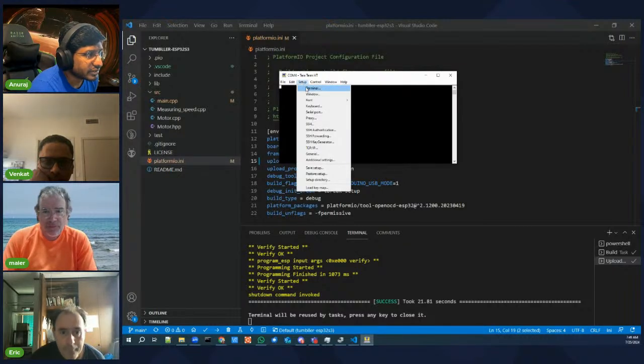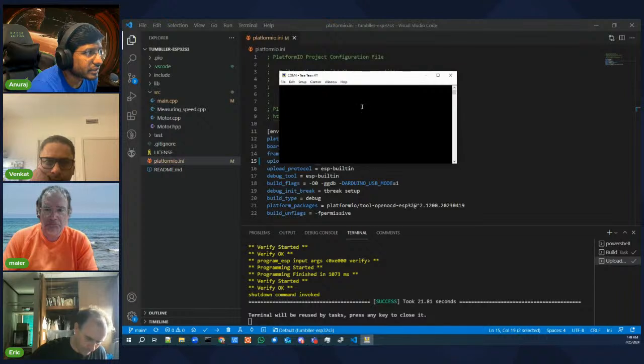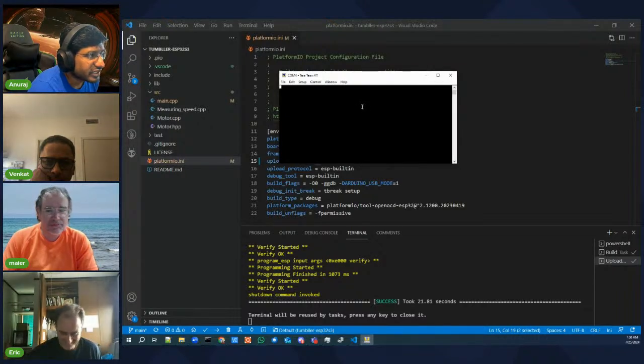a serial port, and then change that to 115200, 8 bits and 1 stop bit. Yes. And then new setting. Okay. Now it should have printed something, but if you press the reset now,